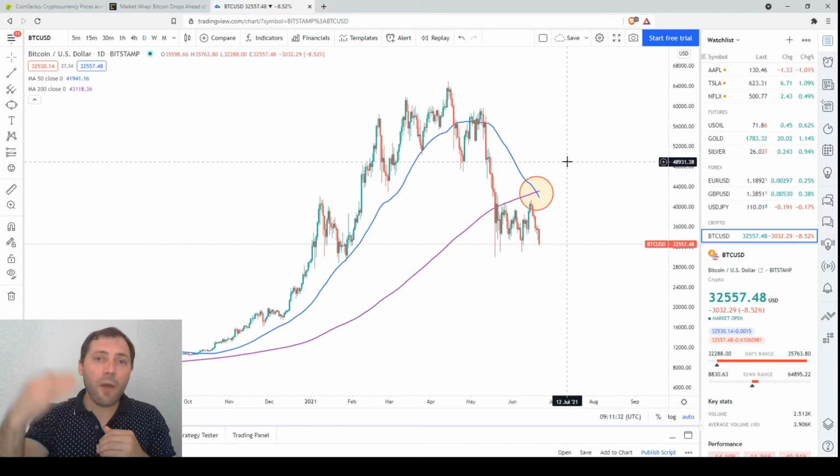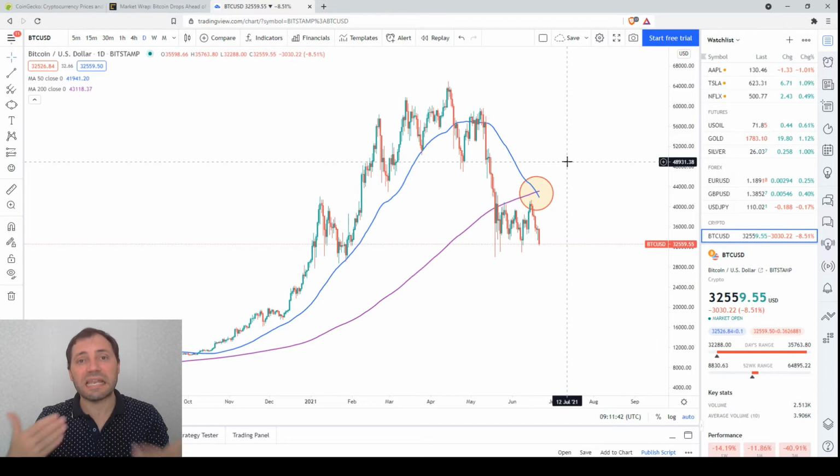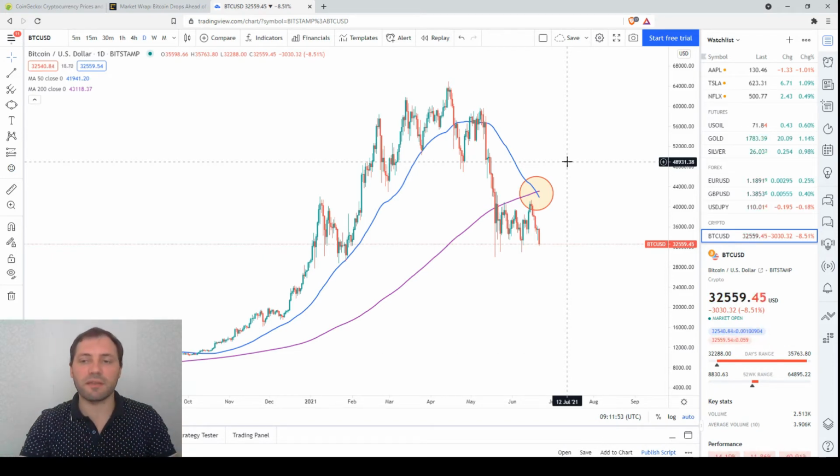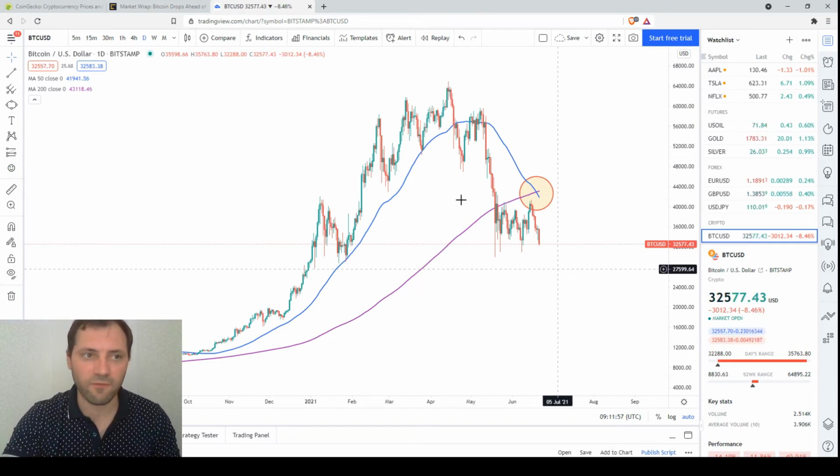Now, I will share my point of view on these numbers, why exactly 50 and 200, what they mean, if they are applicable to the cryptocurrency market, and so on, based on my research, on my experience working with charts for the last 15 years, conducting courses on technical analysis, teaching people, and etc. But this is once again just my point of view, and I don't claim that I'm right. First,